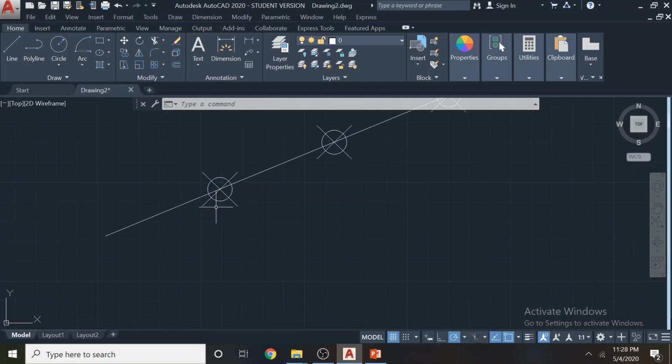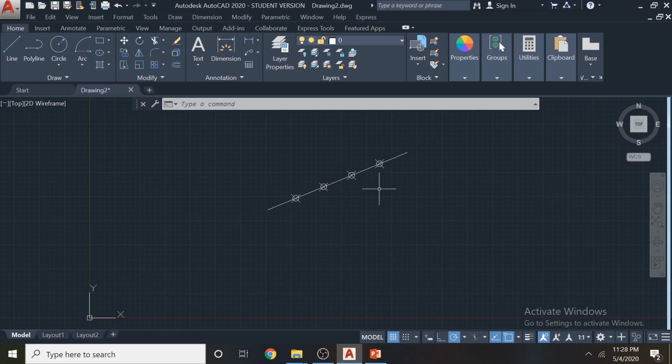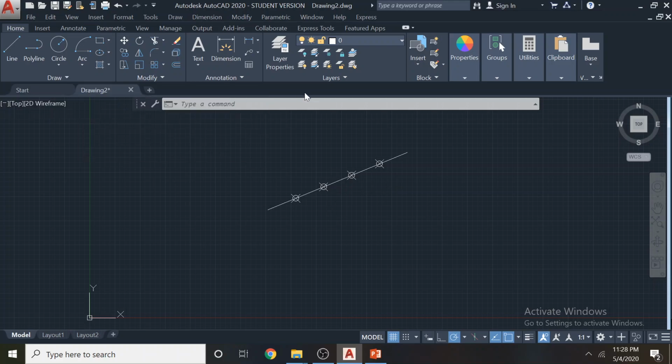So you cannot see the small tiny dot. That's why I change the point style into a different shape. So if you have some road, or if you have an object which should be divided into equal segments, this tool is really useful. Next we look at